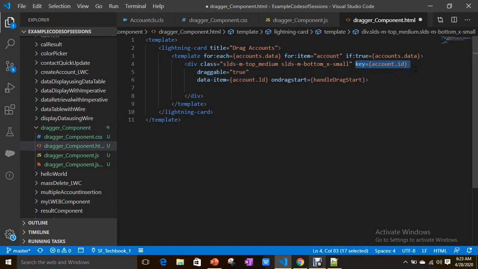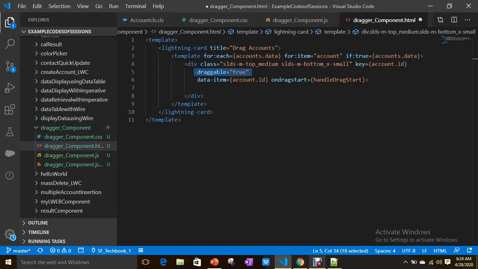As you know, when you are iterating through a template with the help of for:each, you should assign a value for the key attribute to the first element of the template. Here in the iteration the first element is the div, so you have to assign a key, and I assigned account ID as the key. And if you observe here, draggable is equal to true. It is an HTML attribute. It is not specific to the Lightning Web Component programming model. Again, I am saying it is a normal HTML attribute.